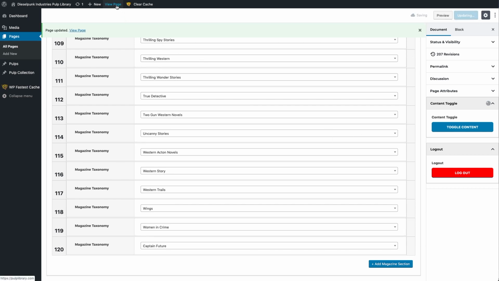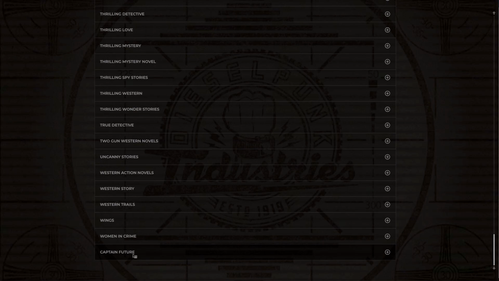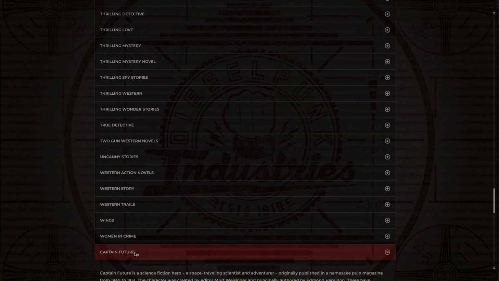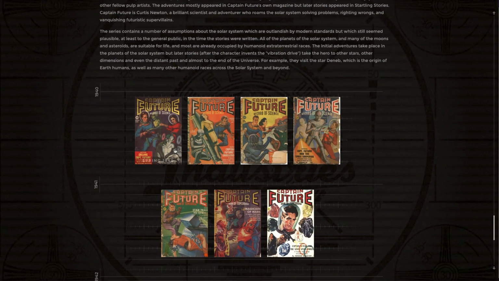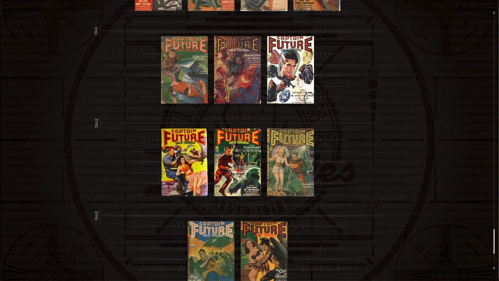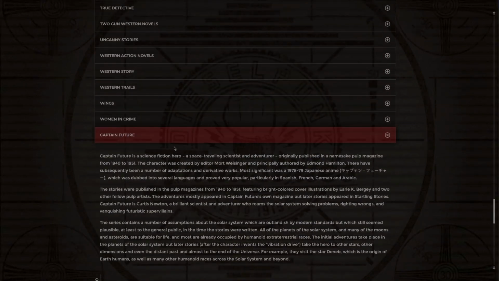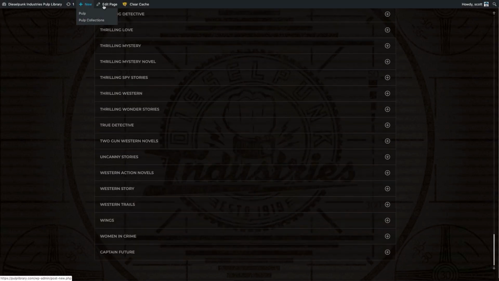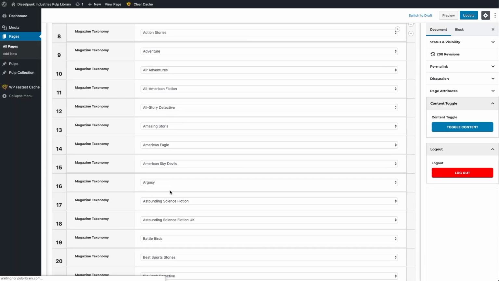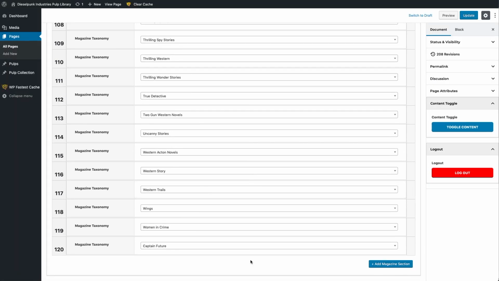All right, and let's look at the page. When we scroll to the bottom, we see Captain Future here is now at the bottom. So it's in two places. And again, this information is being brought in from a page created by our collections custom post type. All right, so let's edit this. And I'm going to scroll to the bottom and remove